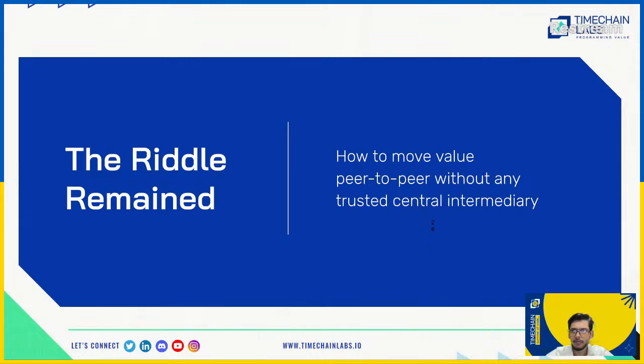Why? Because it's not just an email system. With email, there's no problem with you sending an email and then sending a copy to somebody else, and then sending multiple copies to multiple people. That's not a problem at all. But with currency, or with anything of value, because it is of value, you can't replicate it without a cost. So you can't send a coin to somebody and try to send the same coin to somebody else as well.